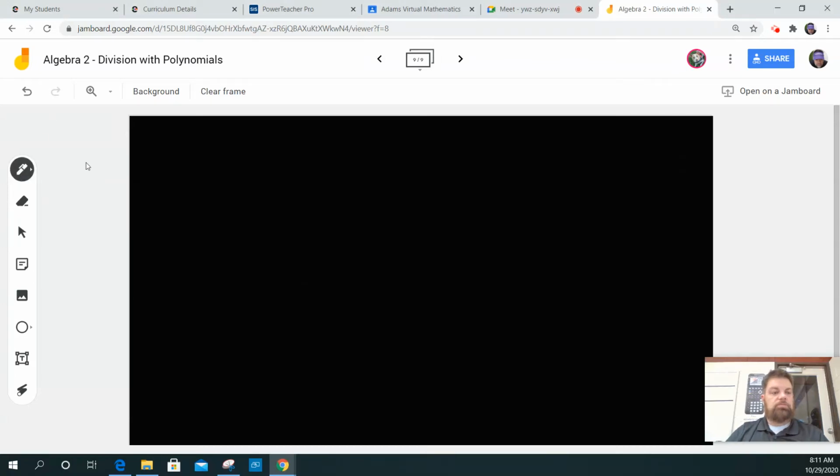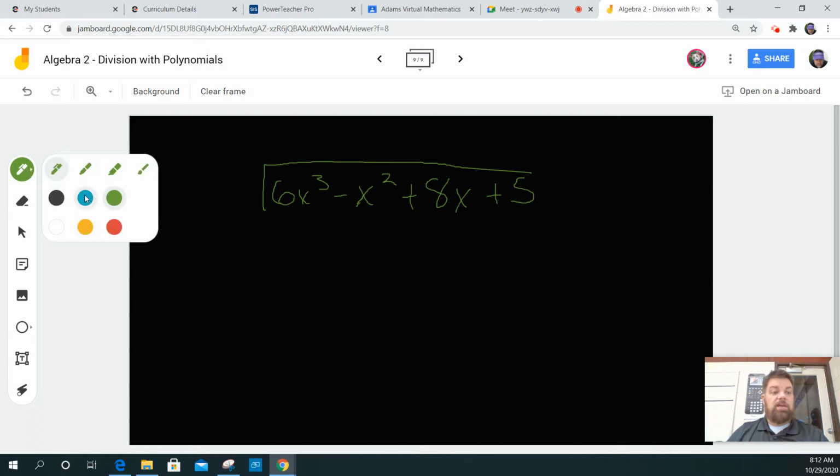All right, so we're asked to divide 6x to the third minus x squared plus 8x plus 5. And we're going to divide that by 2x plus 1. So the easy thing to do is think you want to look at this first term, and then what do